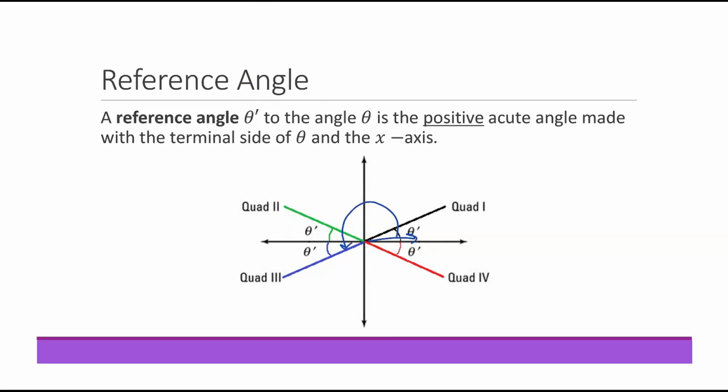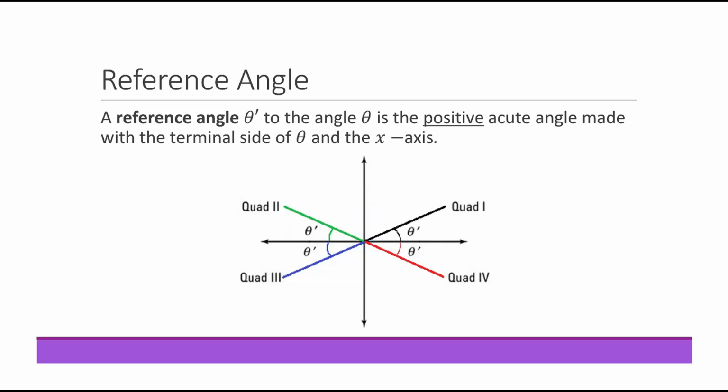Now if we focus on the angle that's in quadrant 3, starting along the positive x-axis, it's going to end over here in quadrant 3. That's theta, the original angle. Well, theta prime, its reference angle by definition, is this little angle here where I'm going from the terminal side to the x-axis in the shortest way possible, right? What's the quickest way to get there? Because I want that angle to be acute, between 0 and 90, I don't want to go the other direction. That's going to give me too big of an angle. So this is my theta prime for an angle where the terminal side's in quadrant 3.